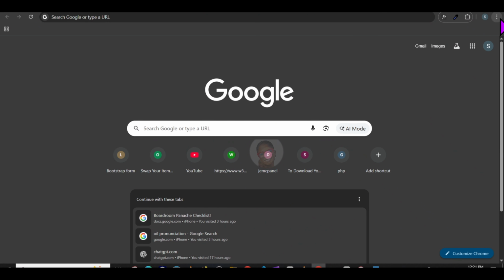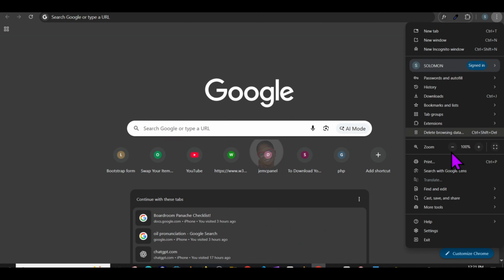The next thing we need to turn off is hardware acceleration. Hardware acceleration allows Chrome to use your computer's graphics card, which is GPU, instead of the CPU to handle tasks like loading your web pages, playing videos, and rendering animations. When this happens, Chrome may freeze and show black screen or even crash because the GPU fails to process tasks